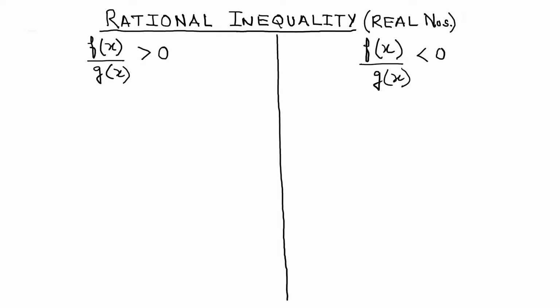You are having a combination of functions, which is f(x) and g(x), and the combination here is facilitated by an operator of division. So if I were to understand it like this, if I say that there is a function phi(x) which is defined as f(x) divided by g(x),